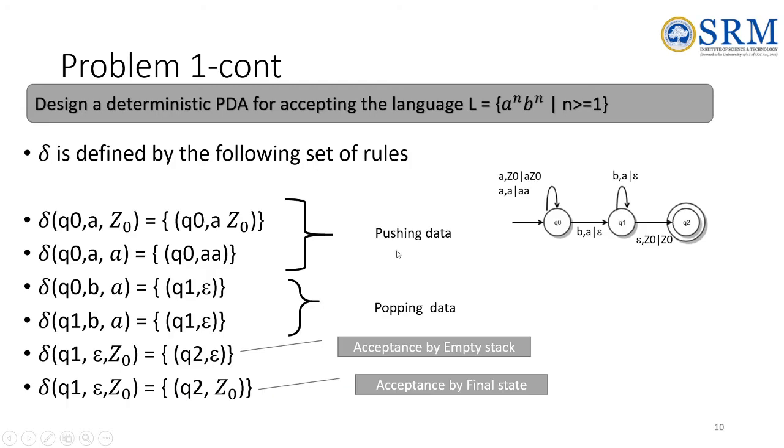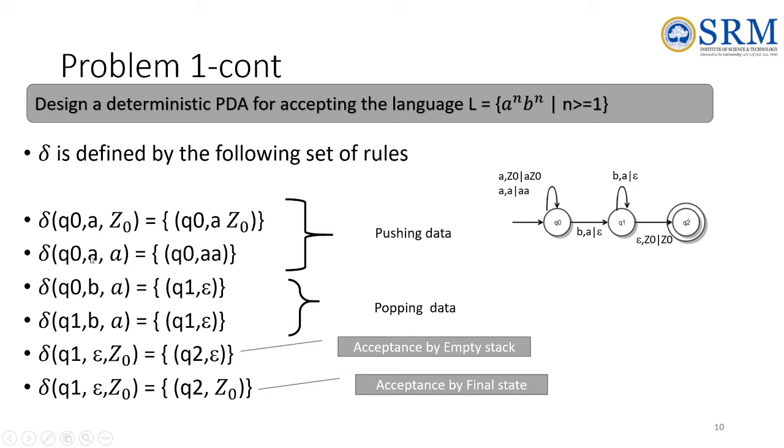So for the given problem, you have drawn the PDA diagram. Next you have to write the transition, that is the delta transition. How to write the delta transition? As I said before, we have to write the state, input and stack. For pushing of data, I need to write two transitions. For popping and for jumping from Q0 to Q1 state, I need to write two transitions, and at the end I need to write one transition. So this is how it is written. Delta in Q0 state with A as input and Z0 at the bottom of the stack: I will be in the Q0 state pushing A and Z0.